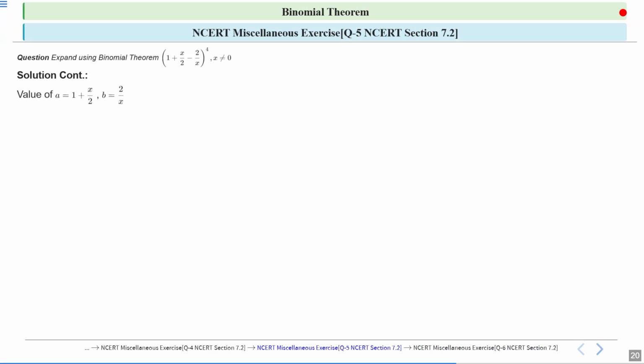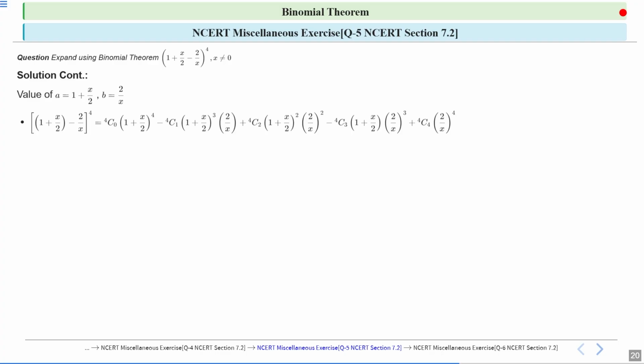so here the value of a is equal to 1 plus x by 2 and b equal to 2 upon x. So now 1 plus x by 2 minus 2 upon x whole to the 4, this is equal to 4c0, 1 plus x by 2 whole to the 4 minus 4c1 1 plus x by 2 whole cube times 2 upon x plus 4c2 1 plus x by 2 whole square into 2 upon x whole square minus 4c3 1 plus x by 2 times 2 upon x whole cube plus 4c4 2 upon x whole to the 4. So next we substitute the values of a and b into the formula. This gives us